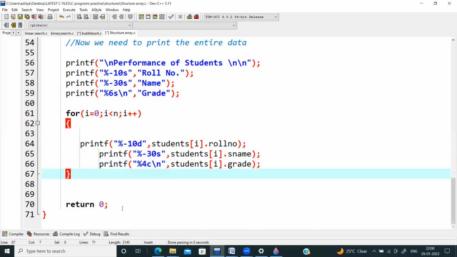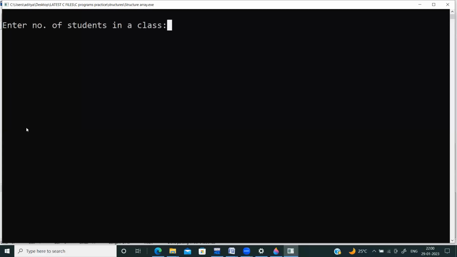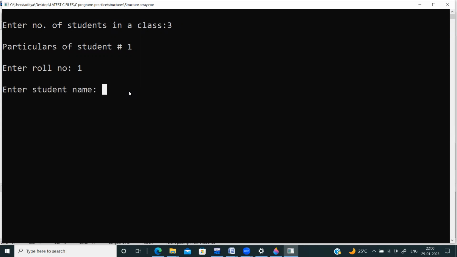Okay, now I will execute it, F11. Now you can see this, how I am executing. Enter the number of students in a class. నేను ఒక 3 ఎంటర్ చేస్తాను. Now interactive statement, particulars of student number 1, enter roll number 1. Okay, roll number 1, student name first